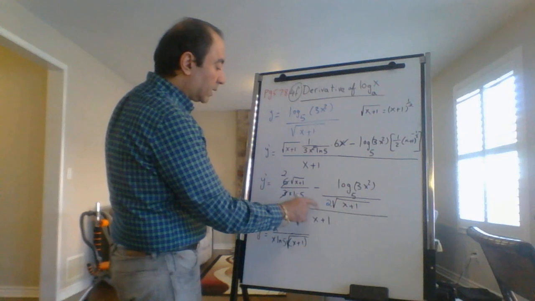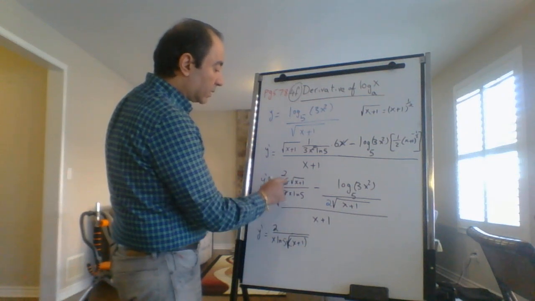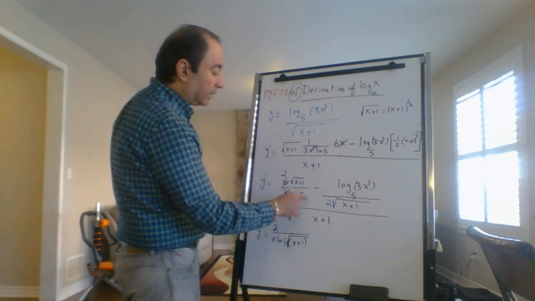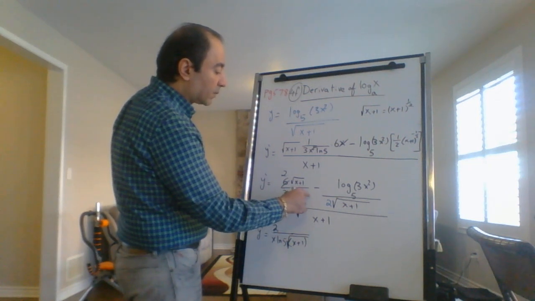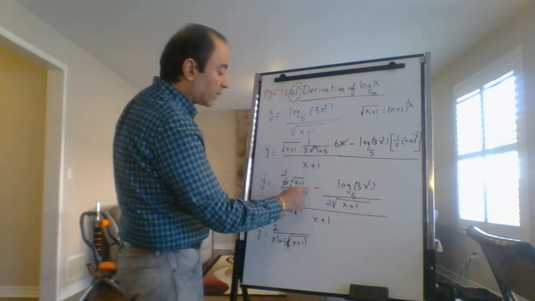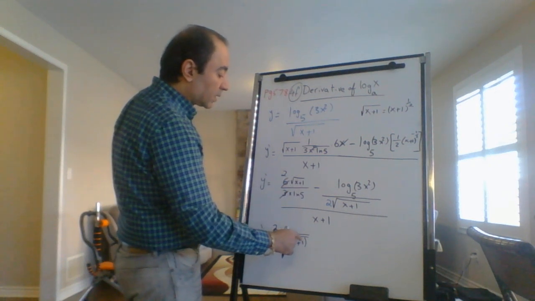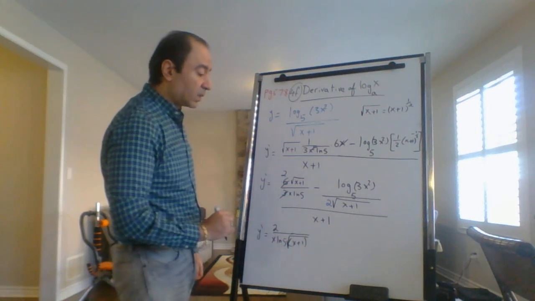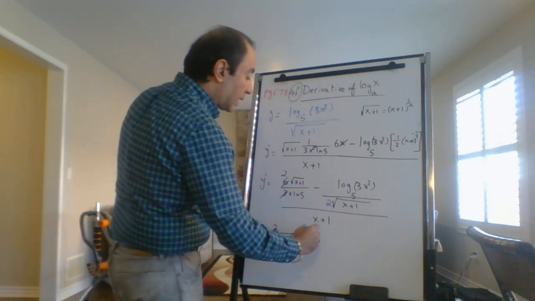When I multiply this term by x plus 1, this is x plus 1 to the power of 1/2. And in the denominator, we're going to have x plus 1 to the power of 1. So we have the same base, we subtract the power, so it will leave x plus 1 to the power of 1/2 in the denominator, which is the square root of x plus 1. Minus,